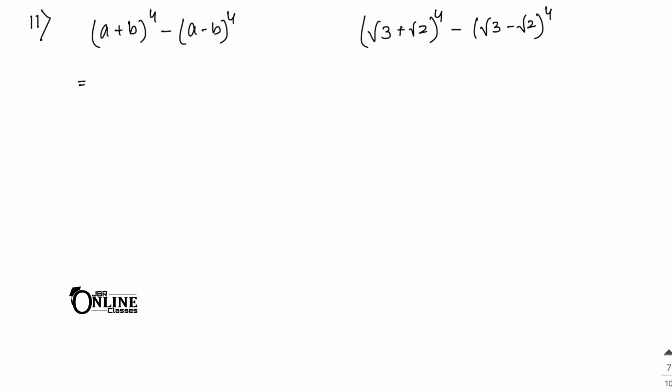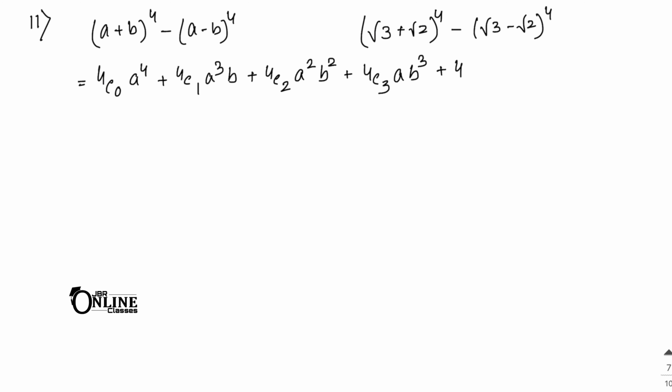As you know, (a plus b) whole to the power 4. So here the formula you know that 4c0, after that a to the power 4 and then b to the power 0, that means 1. So next one here 4c1 then a cube and b to the power 1. Next one 4c2 and here a to the power 2 and b to the power 2. Next 4c3 a to the power 1 and b to the power cube. Last one 4c4 a to the power 0 that means 1, so only b to the power 4. I hope it's clear.